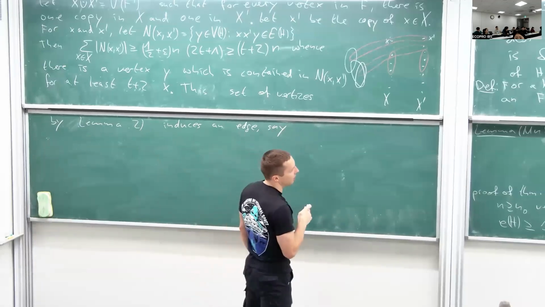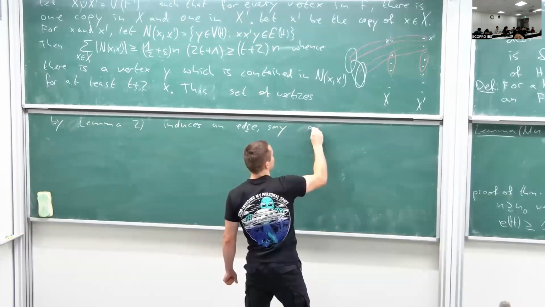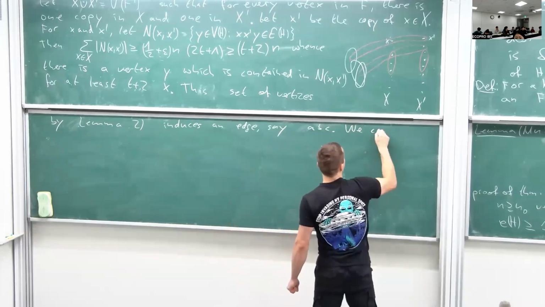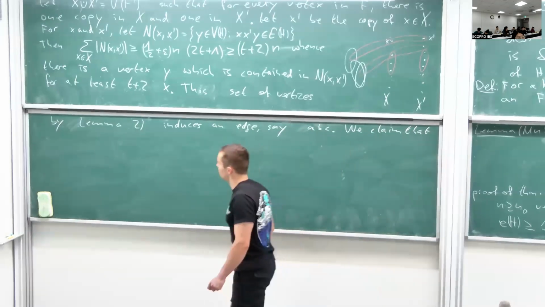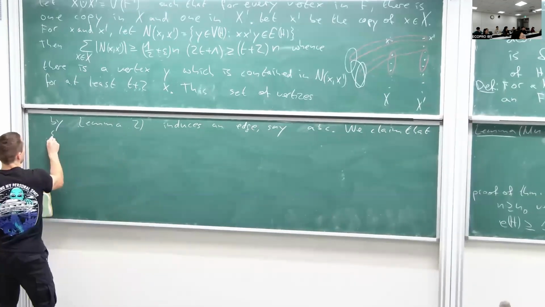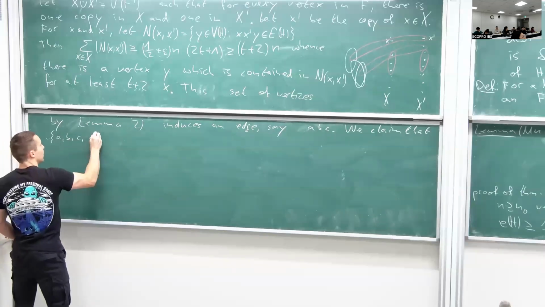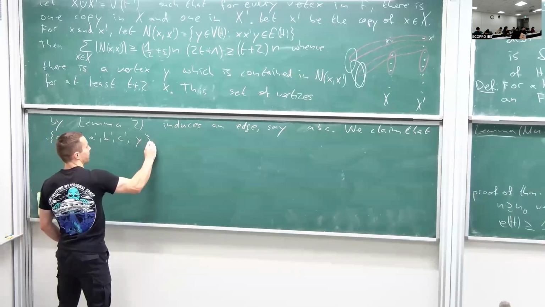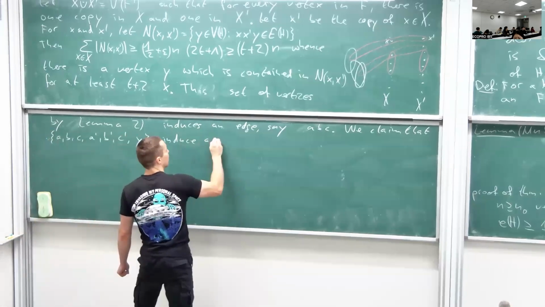Say ABC. Then we claim that the set of vertices A, B, C, A prime, B prime, C prime, and Y induce